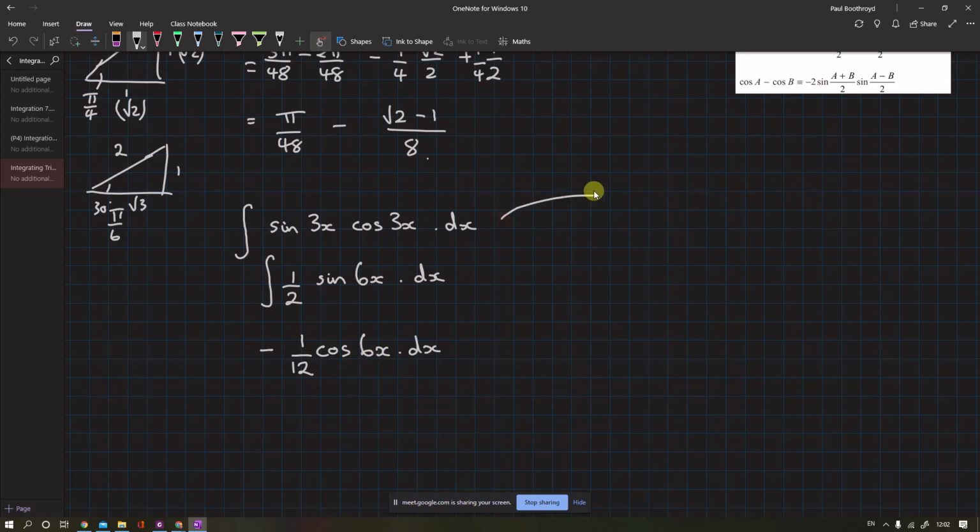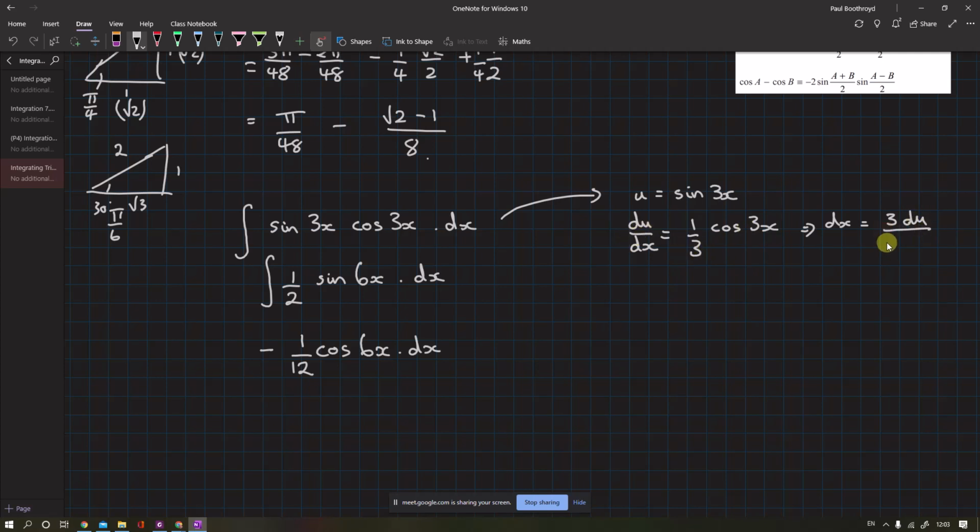There is another way to do it, where I actually say u is either sine of 3x or cos of 3x. If I do du dx, we get 3 lots of the cos of 3x. And when I rearrange this to say that dx is du over 3 lots of